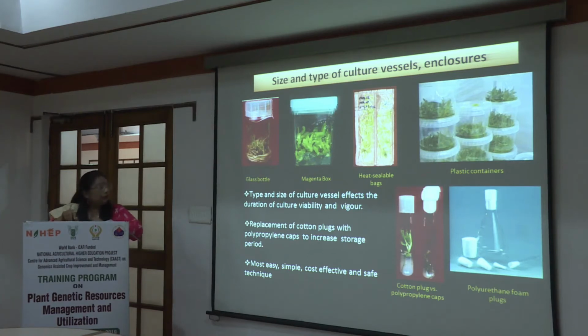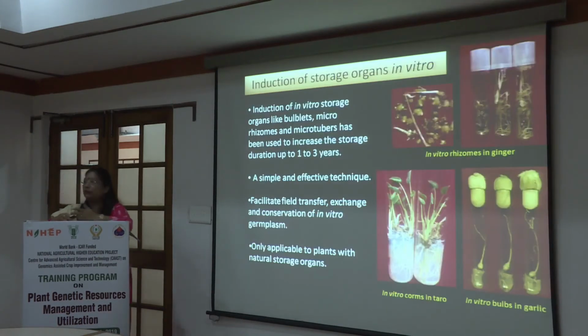plant. A very simple technique that is practiced almost the world over now is typically, again, tissue culture. To begin with, we used to use cotton plugs. There the medium will not last beyond 3 to 4 months. It will evaporate and get depleted. Just by replacing them with polypropylene caps, it easily goes up to 1 year. So by just this simple difference, you can see the growth of the plant. This is in banana after 4 months. The plant is dead. Here the plant is very much alive. So these are very simple techniques, and what we do when we are practicing in vitro conservation is we combine 2 or 3 techniques. Okay.